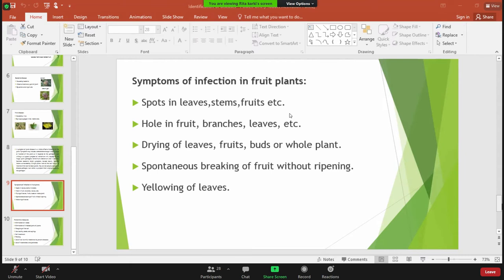The leaves of the plants will rot and then form smaller holes. You may have seen that somewhere, even a single leaf has many holes. This is caused due to the infection present in the fruit plant. Holes may be seen in several other parts of the plant, like the branches of a fruit plant.